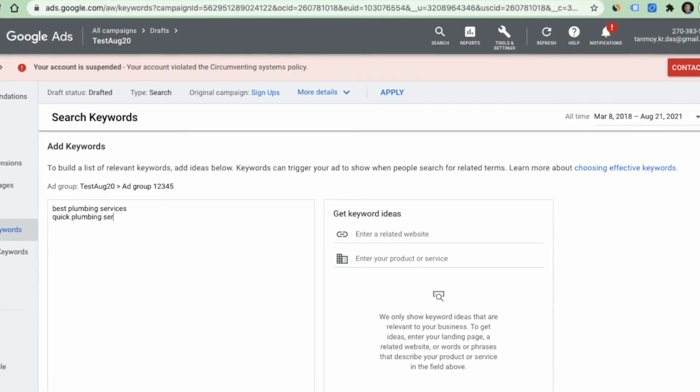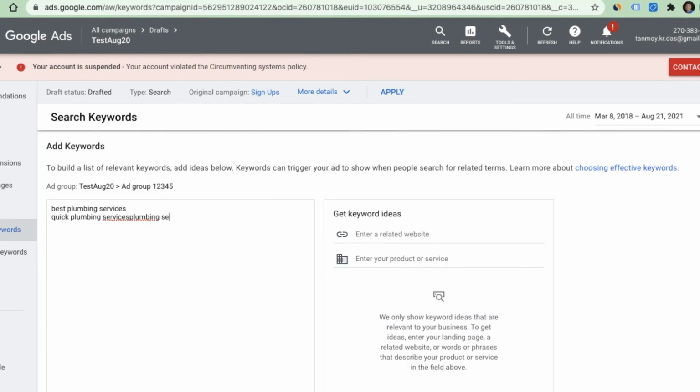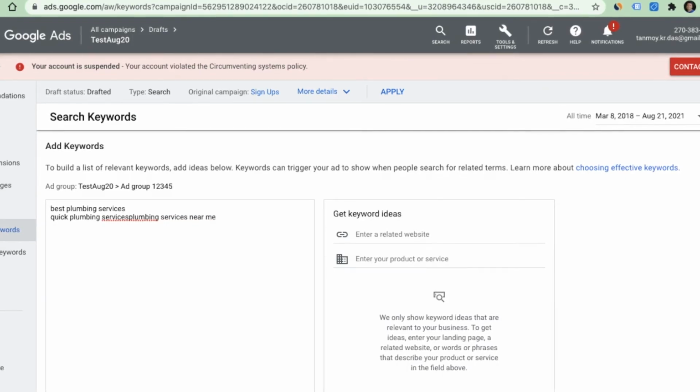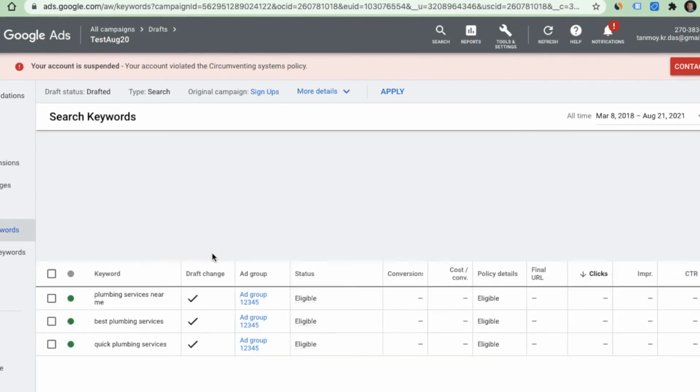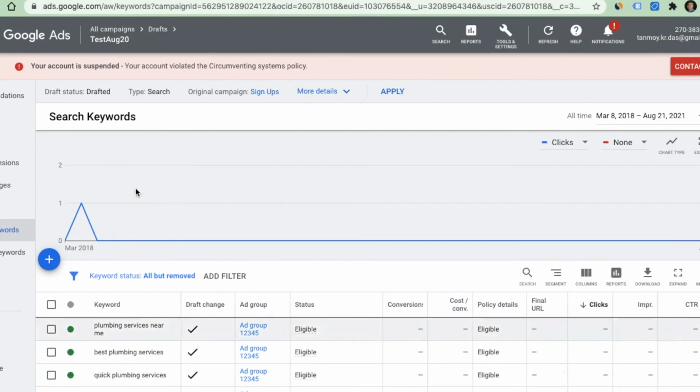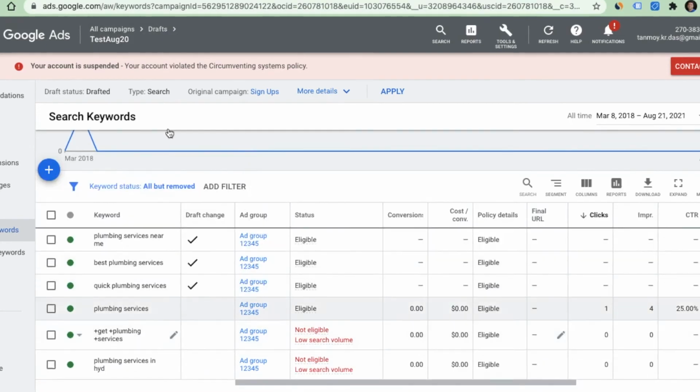In this manner, we can provide the keywords. So these are the new keywords which we have added now, apart from the current one.